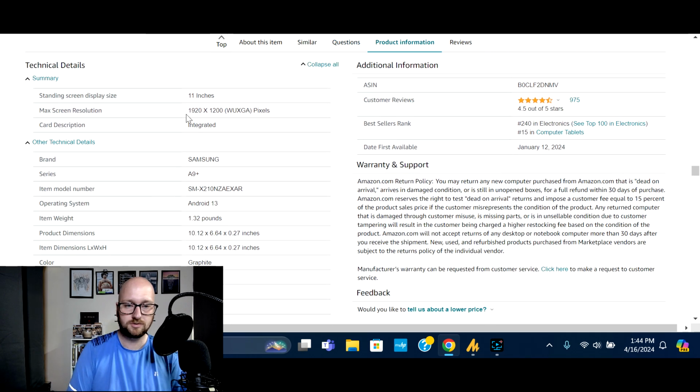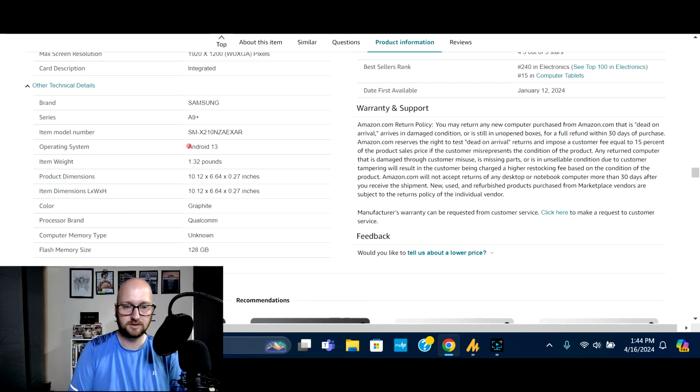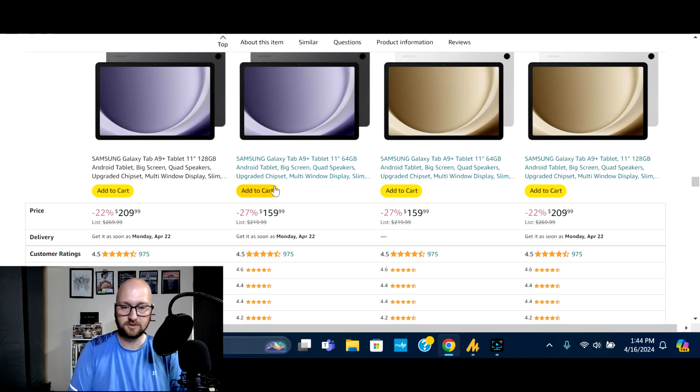So again, we go to the 11-inch tablet. It has an integrated graphics card, and it is operating Android 13. It comes in at 1.32 pounds as well. The model I have pulled up right now is the graphite color, which is the color that I like. So, you get a lot for your money. If you see down here,